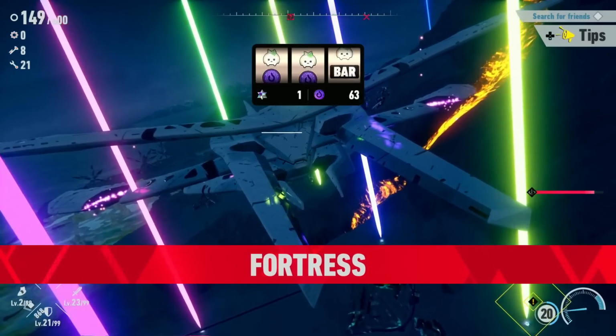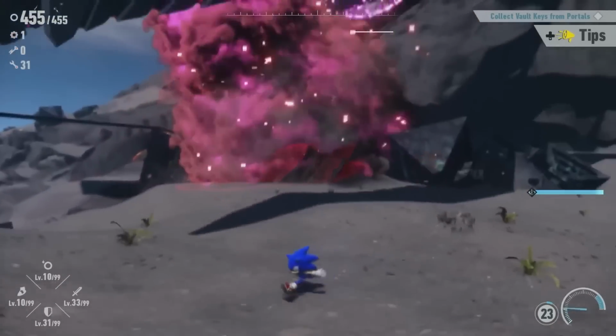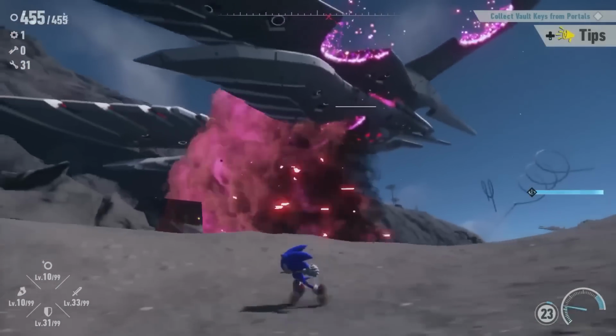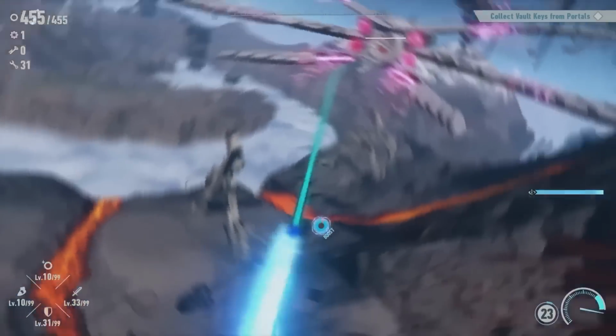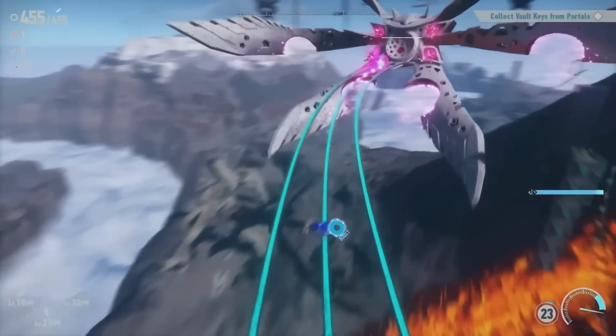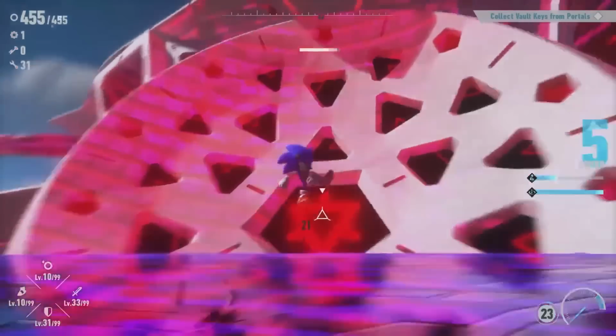Next up is Fortress. Honestly, I don't know how to activate him. I'm pretty sure when you just go to a specific point on the island, he just shows up. But anyways, this one is very similar to Squid, except this time you're on rails and you're going towards him, so not very creative. Once you get close enough to him, he forms like the exact same platform that Squid